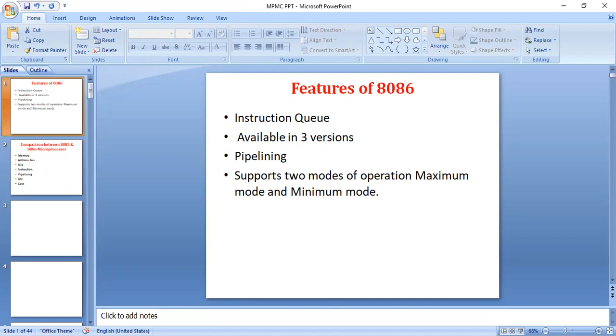Now we will move to the features of the 8086 microprocessor. The first main feature is the instruction queue.